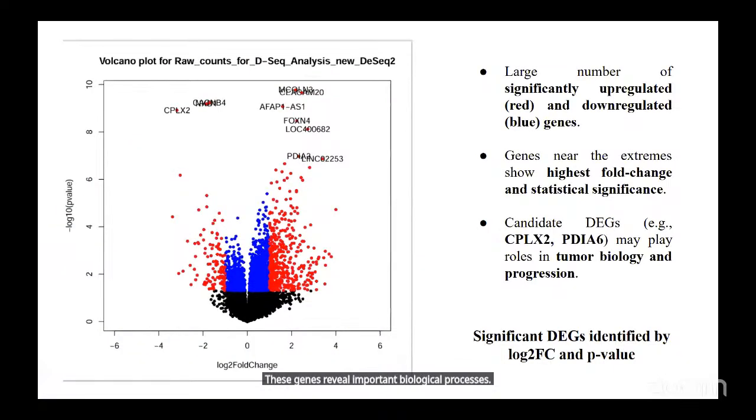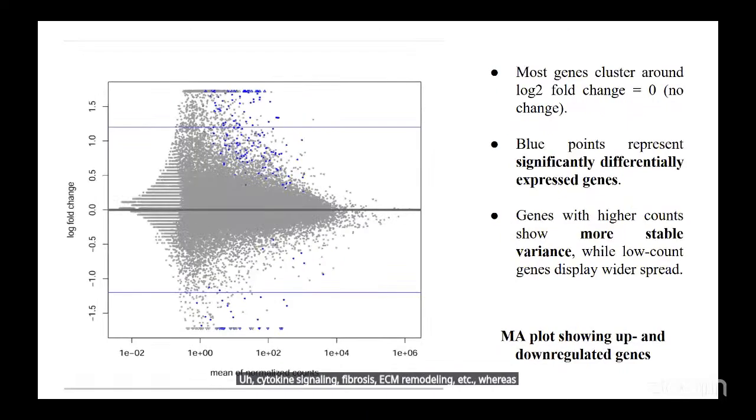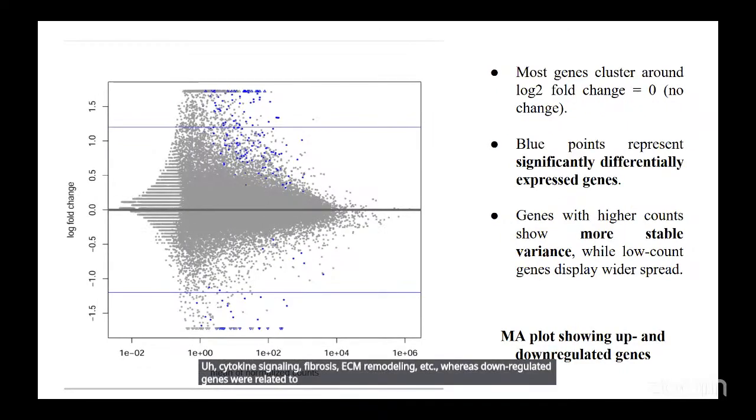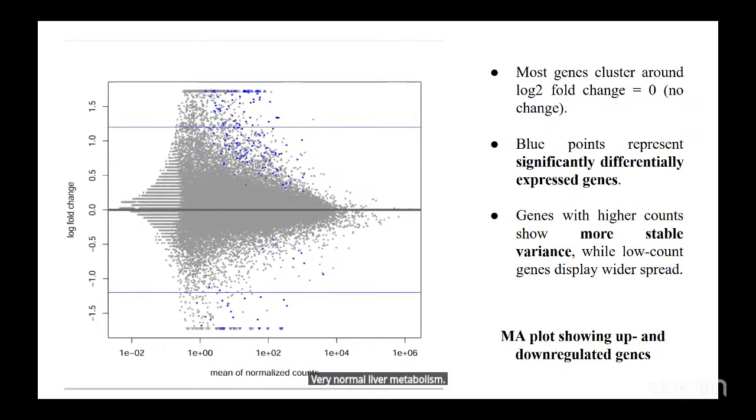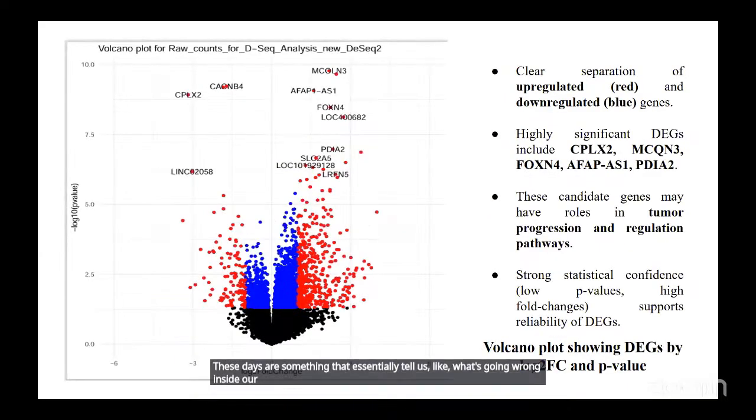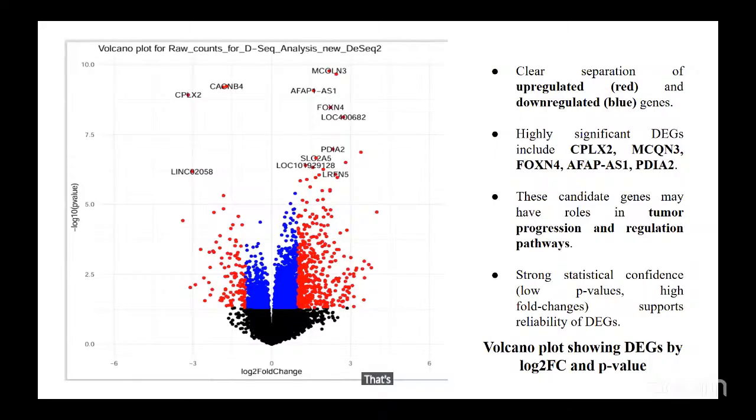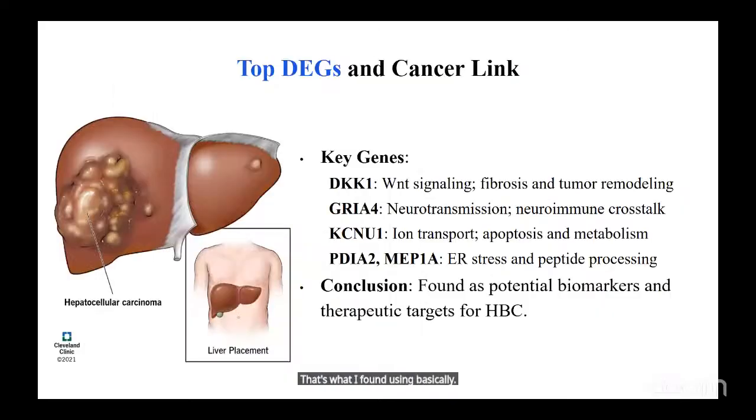These genes reveal important biological processes. For instance, in liver cancer, the upregulated genes were related to inflammation, cytokine signaling, fibrosis, ECM remodeling, etc., whereas downregulated genes were related to normal liver metabolism. DEGs essentially tell us what's going wrong inside our biological system. That's what I found using DESeq2. And on this slide,